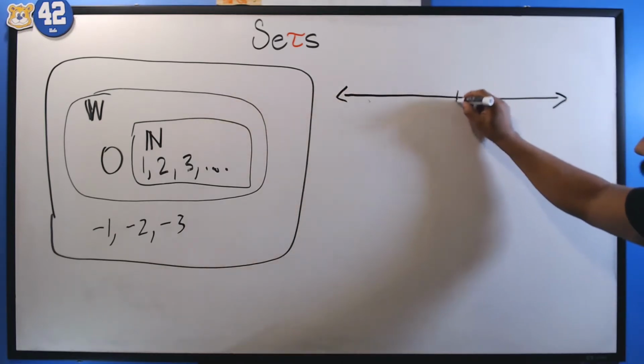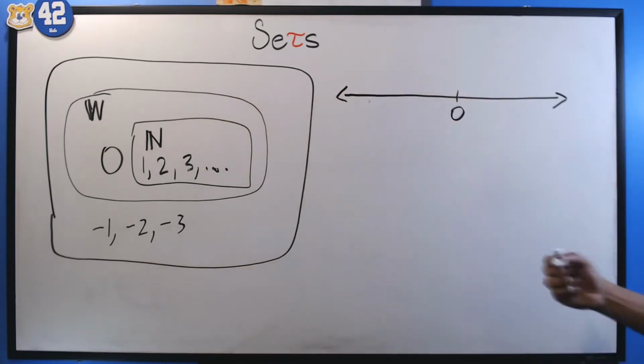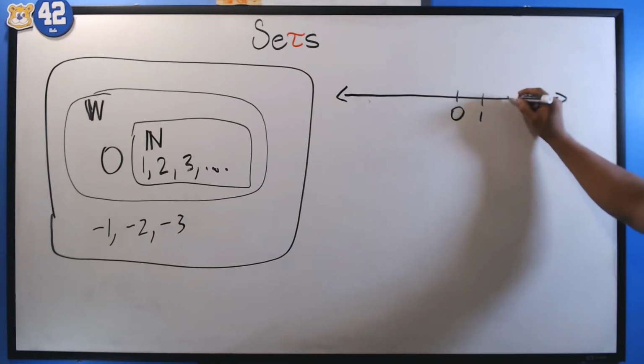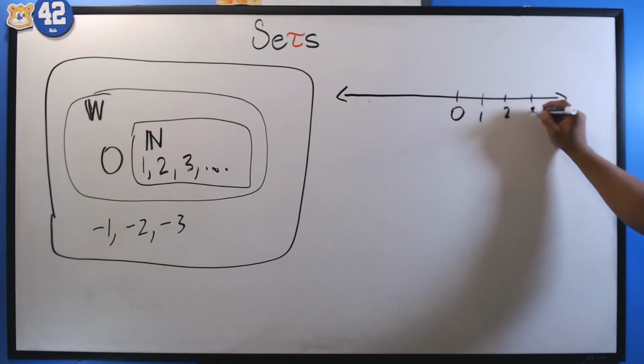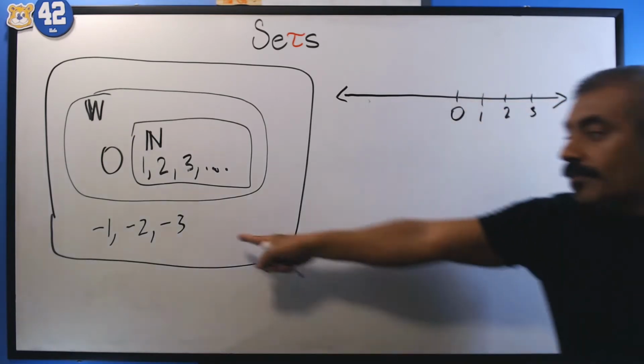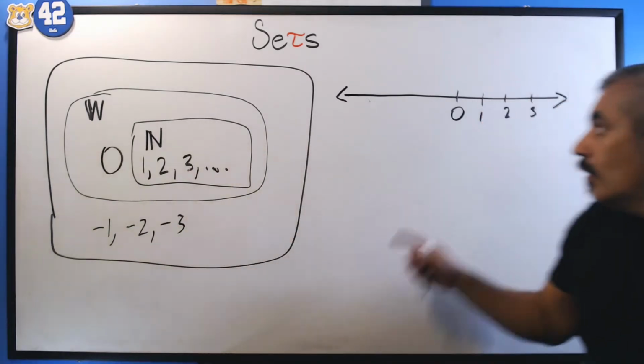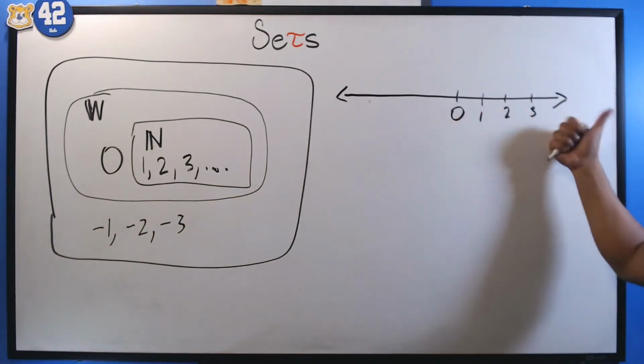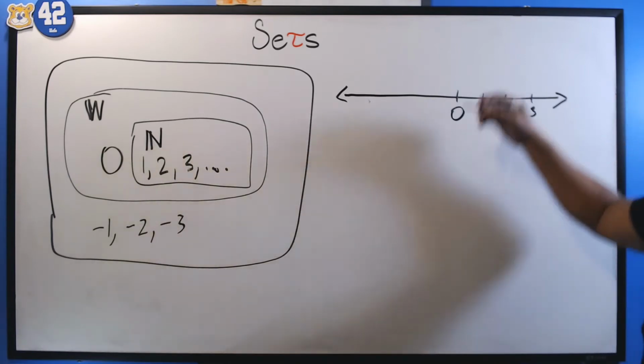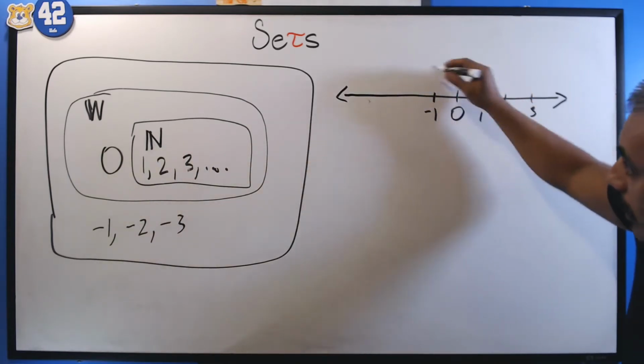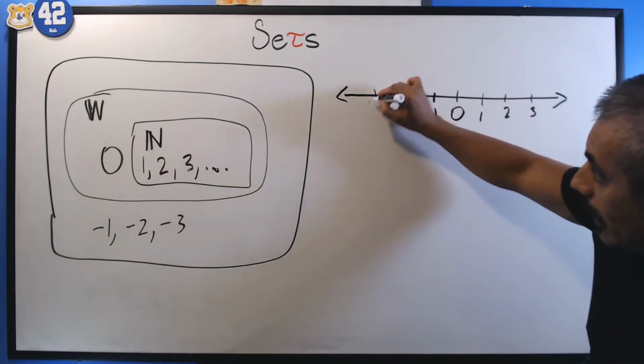We now have 0. We also have 1. We also have 2. We also have 3. And based on the fact that now we invented this negative, we are allowed to not only walk in that direction, I'm allowed to walk in that direction as well. So now I'm allowed to go to -1, -2, and -3.